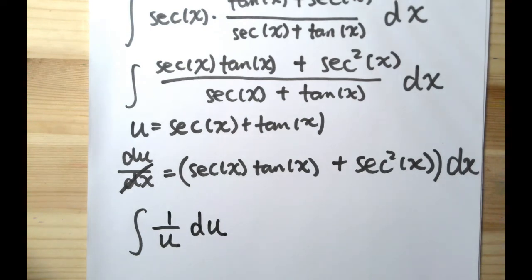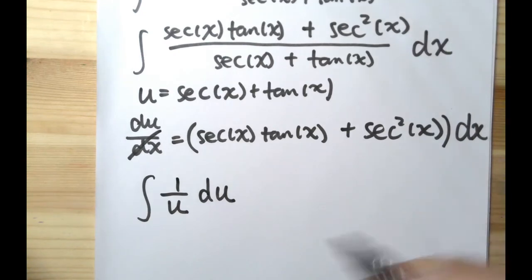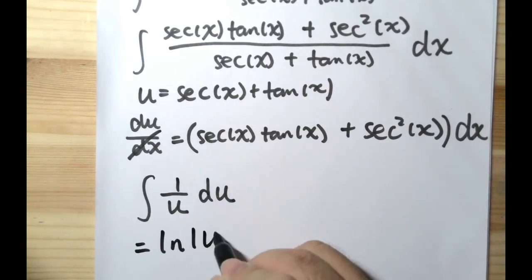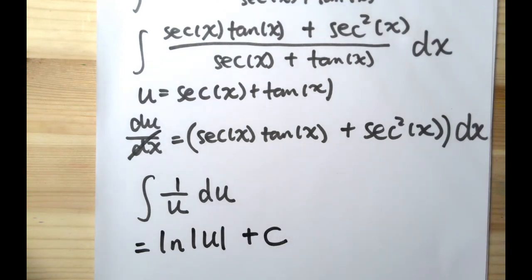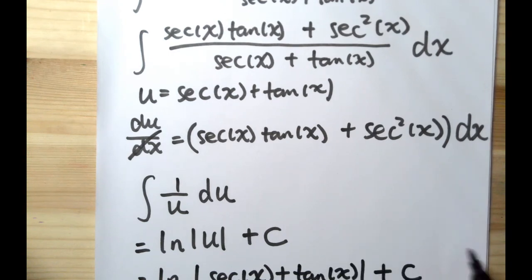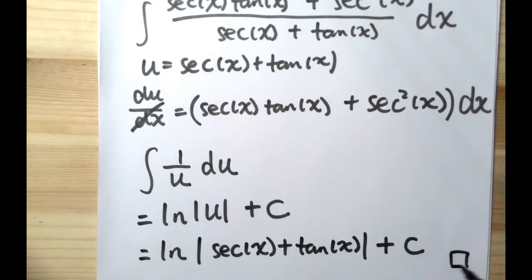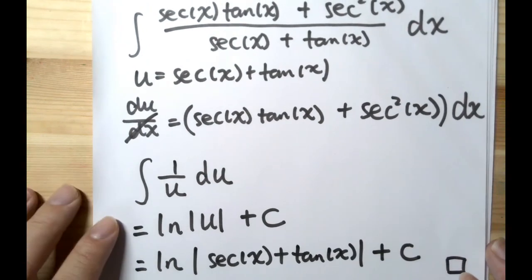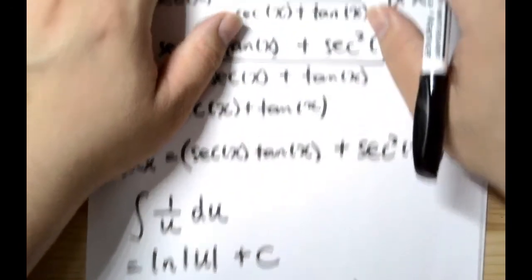After here, things become very straightforward, because the integral of 1 over u du, as we learned, is going to be ln absolute value of u plus a constant. That's what we learned from the integration for the logarithmic function. And don't forget to substitute u back. So that's going to give us the ln of the absolute value of secant x plus tan x, and then plus a constant. Okay, so we finished the second one. All right, so now let's move on to